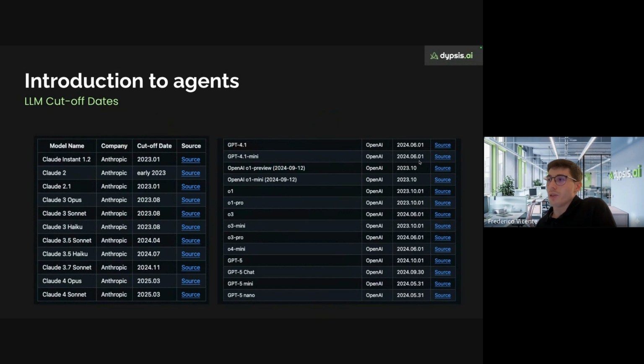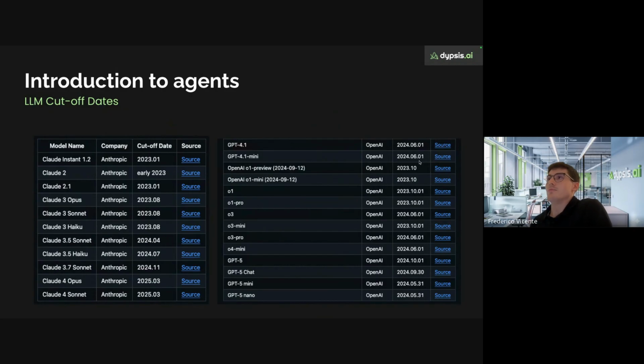So the information that they have is limited to a certain date. For instance, even the most recent ones, GPT-5, for example, are trained on information up to 2024. So you shouldn't expect them to really be able to answer your questions, and you shouldn't trust them as much on information that you expect to be up to date. So if you need to reason about information that is happening, for example, this year, or something that happened recently, you have to provide that context yourself for it to really reason and be helpful.